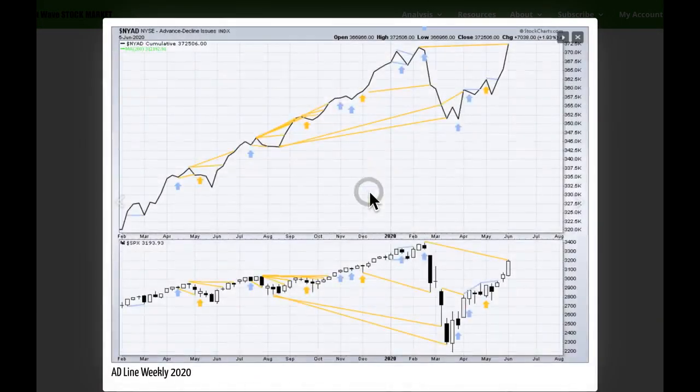Let's take a look at the AD line, because this week it's made a new all-time high. This is the NYSE All Issues AD line. I also subscribe to Lowry's because their data is very good. They have an operating companies only AD line, which takes out a lot of the companies that aren't actually operational and takes out a lot of the noise and gives us a clearer picture. Their operating companies only AD line has not yet made a new all-time high.